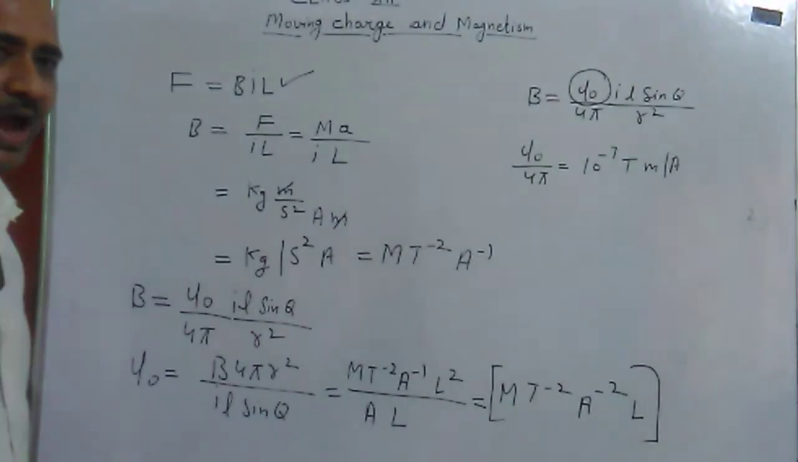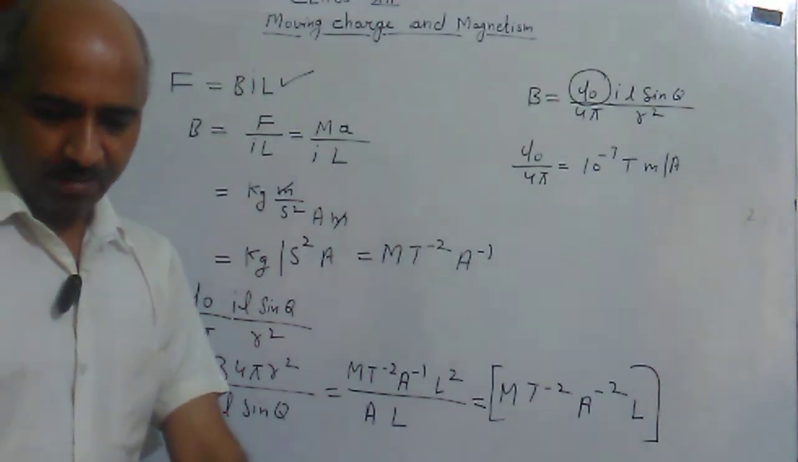The dimension of this 4 pi की कोई dimension नहीं होगी. This r means L square upon I means A only, and this L means capital L. So एक L से एक L कम हो जाएगा. So I am writing the dimension. So dimension will be M and T minus 2 only, and A will become A minus 2, and L. So this is the dimension of this mu 0, and mu 0 it is nothing but it is the permeability of the